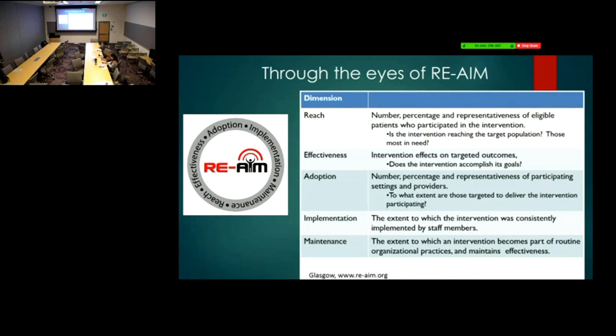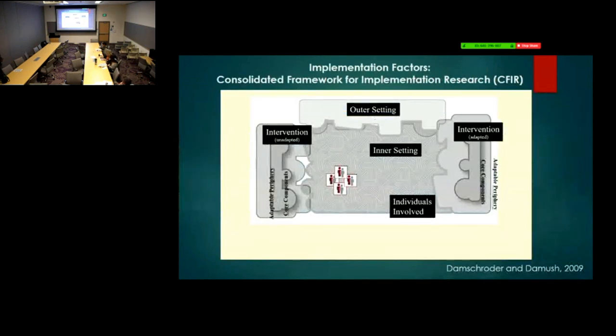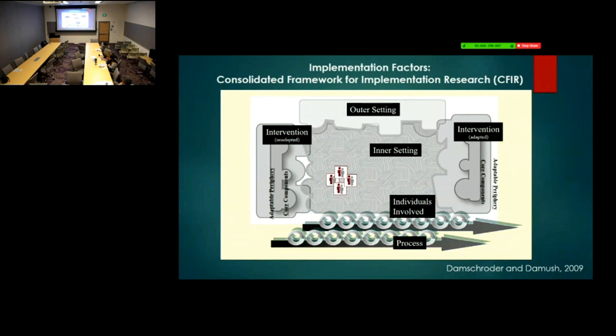Am I getting people really confused, or is this kind of straightforward? Okay. So I'm just going to show you a couple of frameworks just to get you excited. One of the things that really helps with D&I is to have frameworks, models, and theories to guide you. There's a bunch of them, and I'm going to show you a website where you can look at them all.